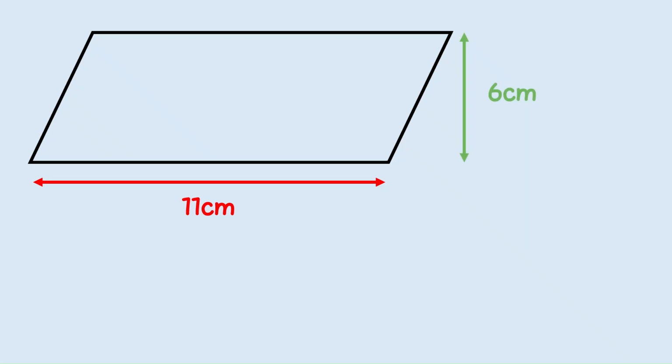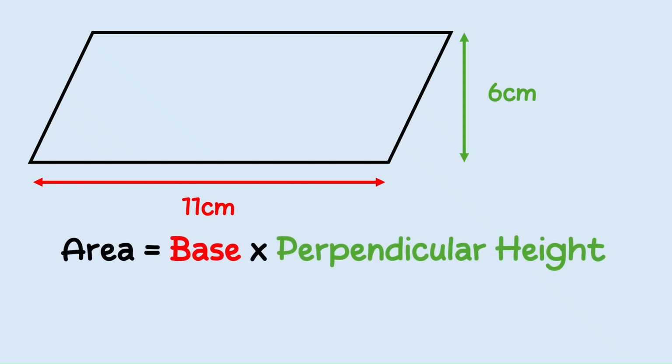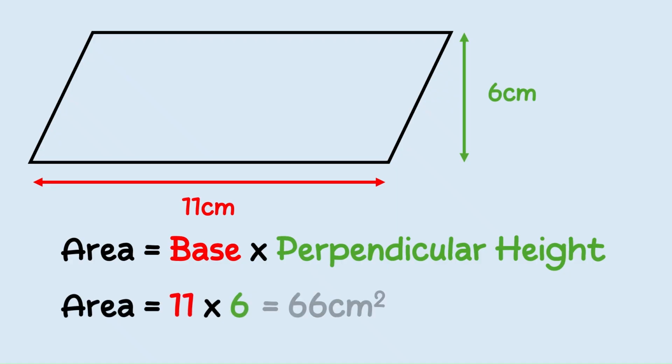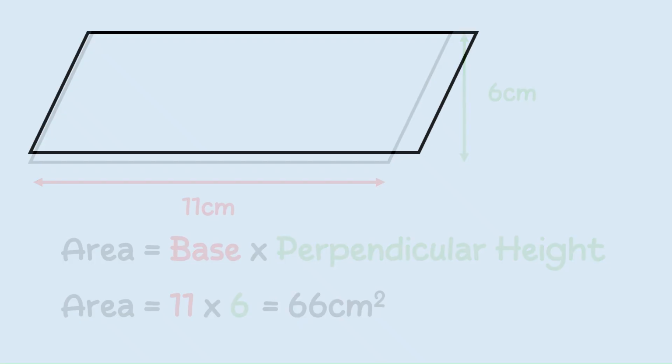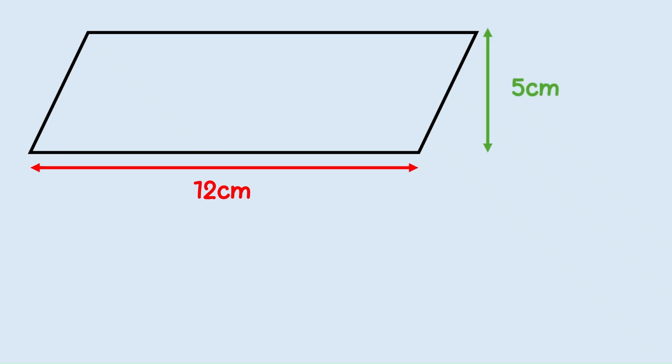In this next example, we're given a base of 11 centimeters and a perpendicular height of 6 centimeters. Again, our formula is area equals base times perpendicular height, which means we do 11 times 6, which gives us 66 centimeters squared. In this third example, we're given a base of 12 centimeters, a perpendicular height of 5 centimeters,